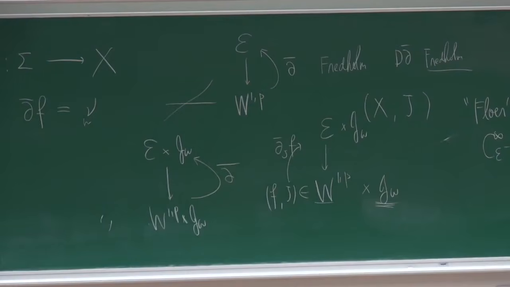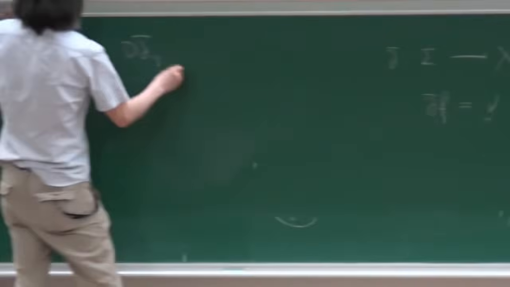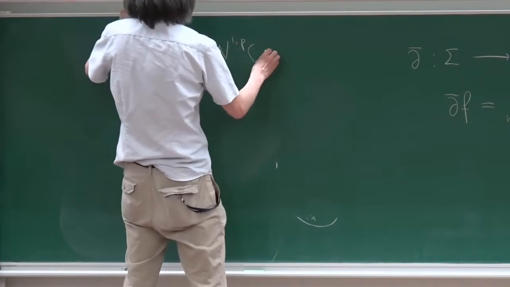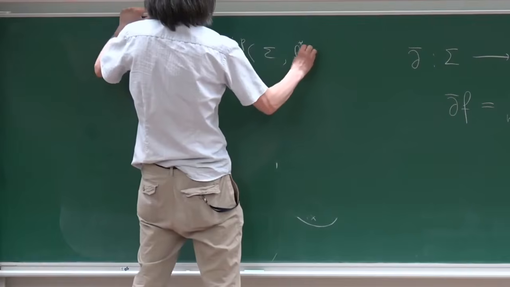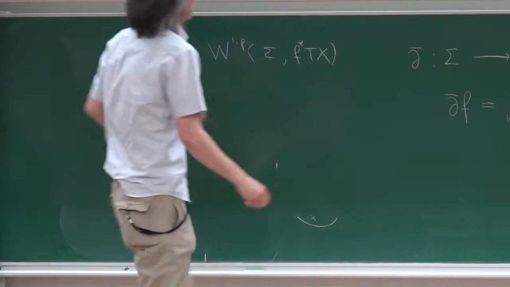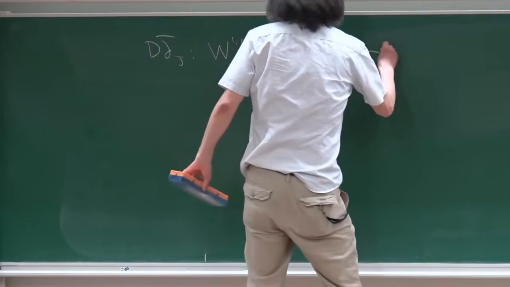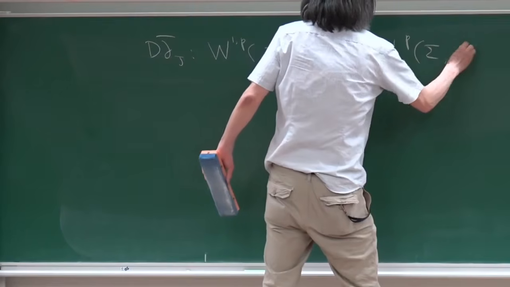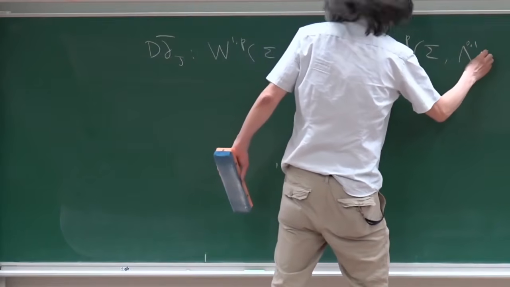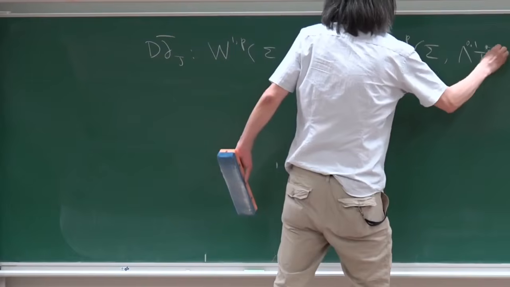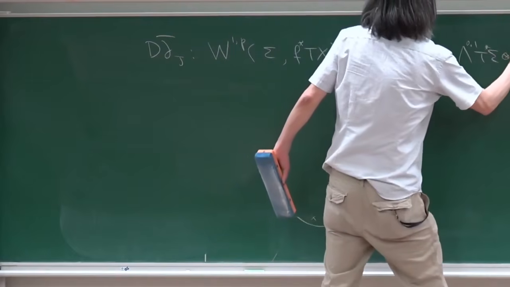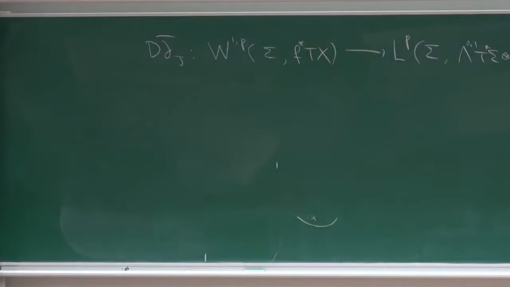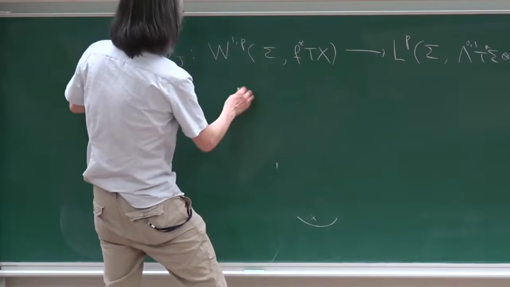This linearization of d bar is from the W1P maps of sigma and F star of TX going to LP of sigma, and 0,1 forms of T sigma tensor TX or something. So the linearization operator is something like this, and basically